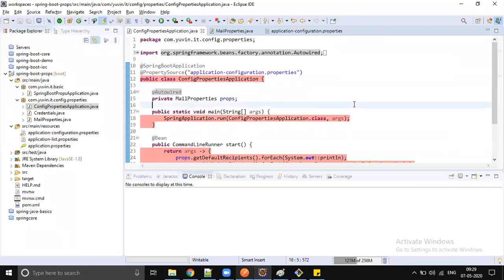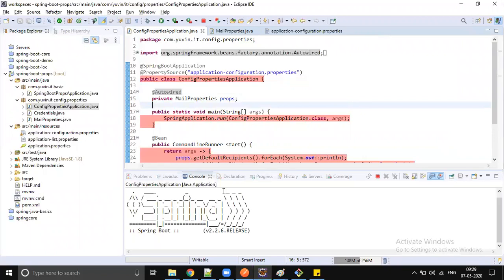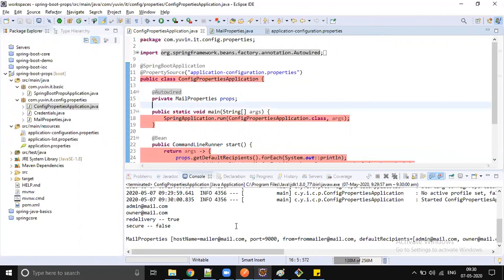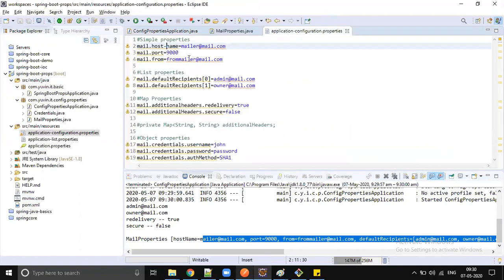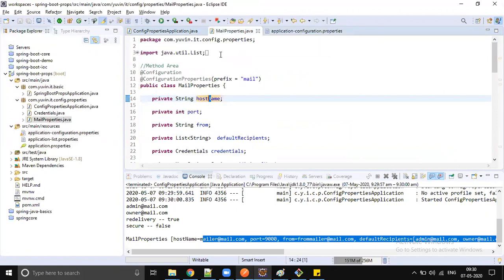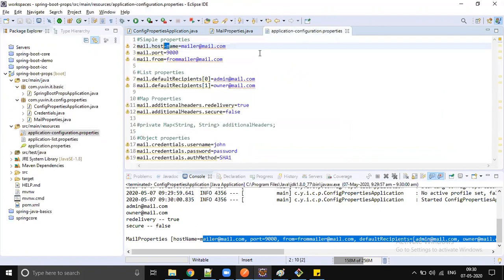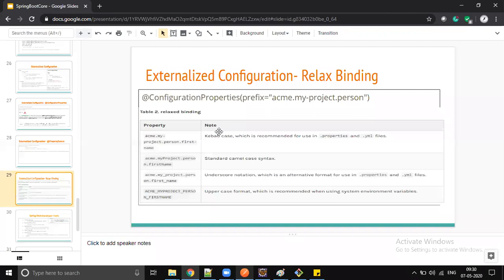Because hyphen or underscore, lowercase or uppercase will be ignored automatically by Spring Boot. See, that mail is still loading. In my application properties I have host-name, but in my Java properties I just have a simple Java property. So all these hyphens, underscores, camel case, uppercase will be relaxed as part of property binding.